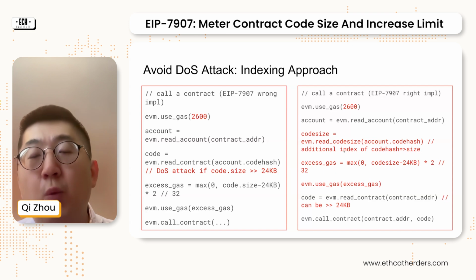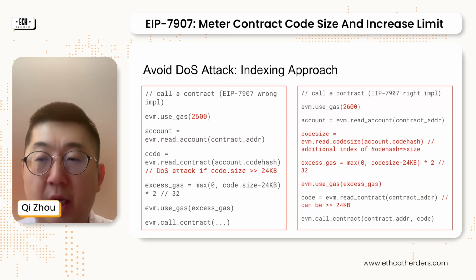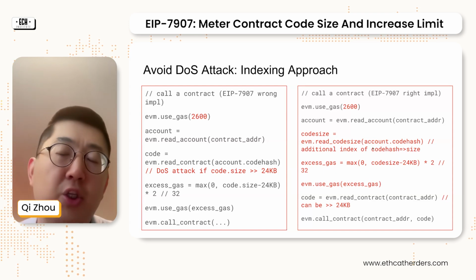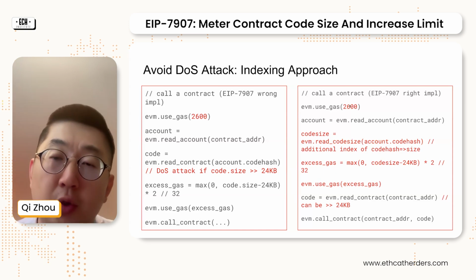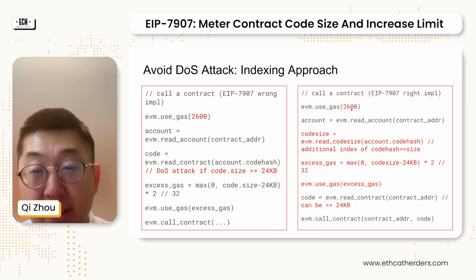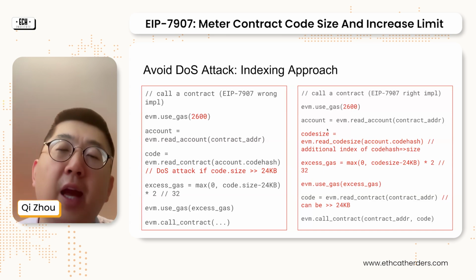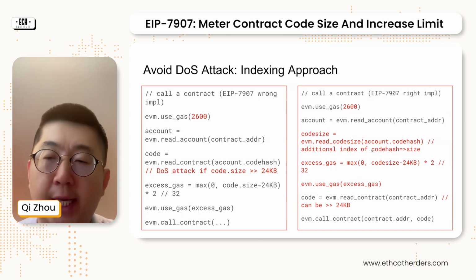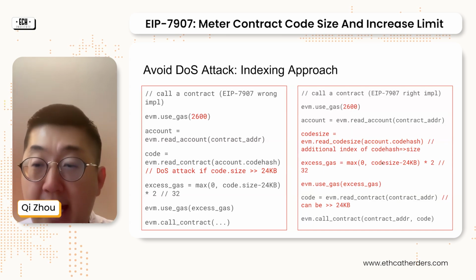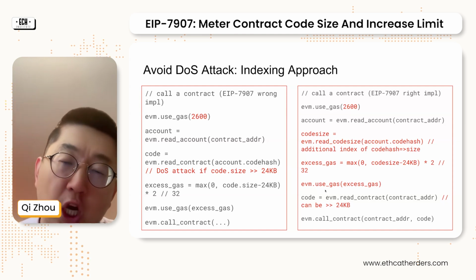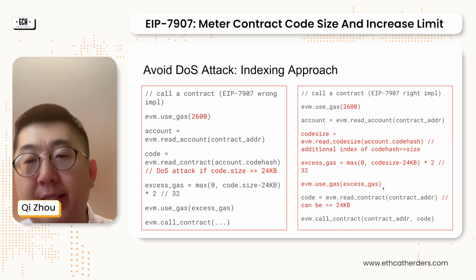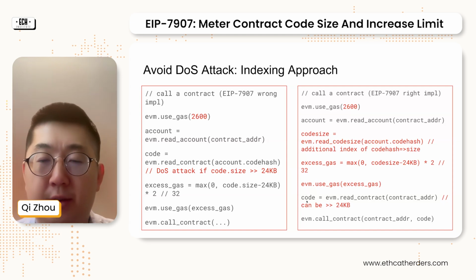We read this data first, because the size data is much, much smaller, in general less than 3 or 4 bytes, so we can still use the 2,600 gas to cover this cost. And then once we have this information, we can calculate the excess gas according to our formula, and charge the actual excess gas